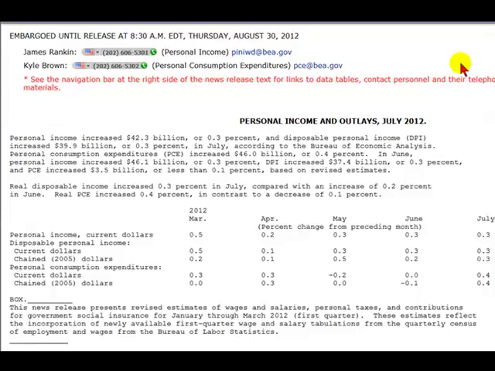Personal income is the sum of compensation of employees, proprietors' income, rental income of persons, personal income receipts on assets, and personal current transfer receipts, less contributions for government social insurance. The biggest component, by far, is compensation of employees. It makes up 2/3 of personal income. It has two major subcomponents: wage and salary disbursements and supplements to wages and salaries.